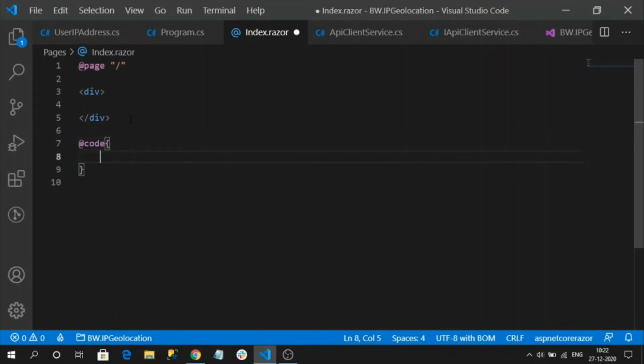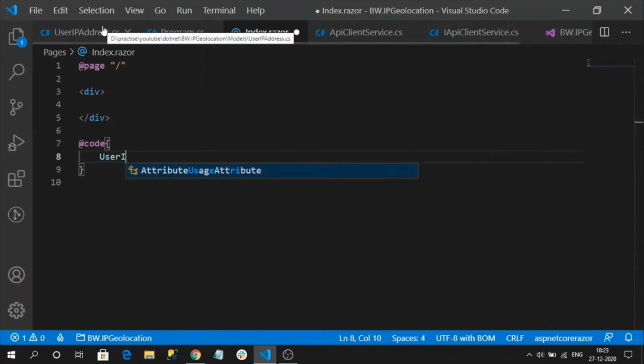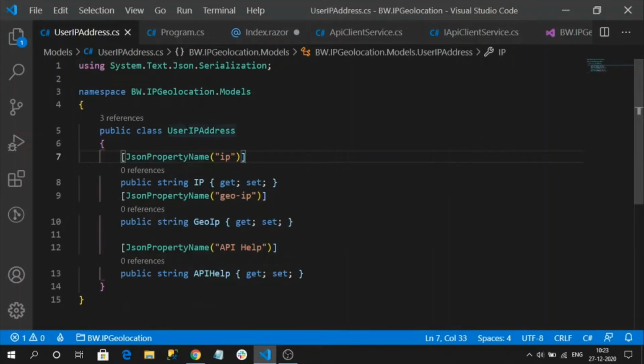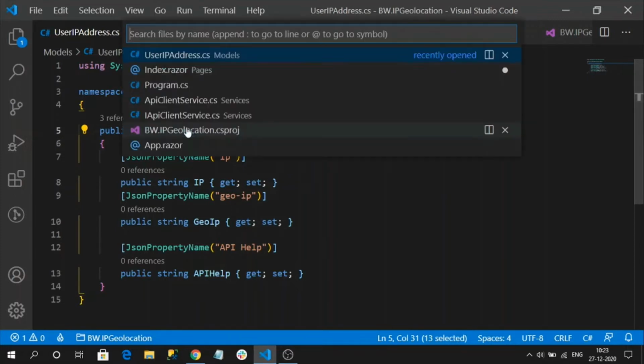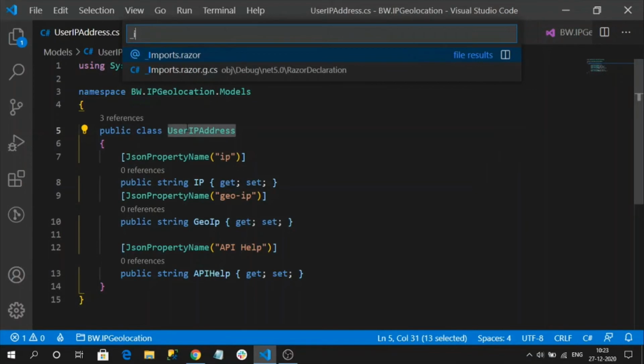Okay. So here I am going to initialize a variable of my user IP address. To use this user IP address in any component pages without prefixing it with its namespace, we need to register all our namespaces in the global file, _Imports.razor.